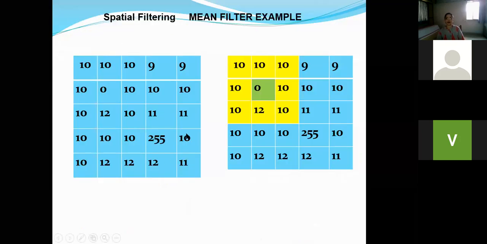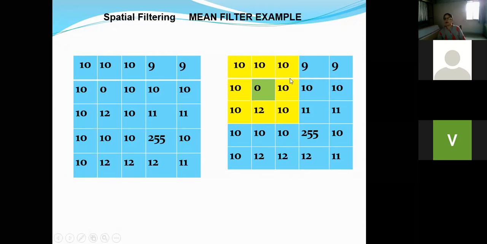Okay, so please note down this image. Now, of course, we are going to start from the second row and second column. So this pixel with value 0 is our first pixel under consideration. As shown here, in order to determine the new value of this pixel by applying the averaging filter, we need to consider this 3 by 3 neighborhood, which is shown in this picture in yellow color. For this pixel, this yellow colored region is its neighborhood.